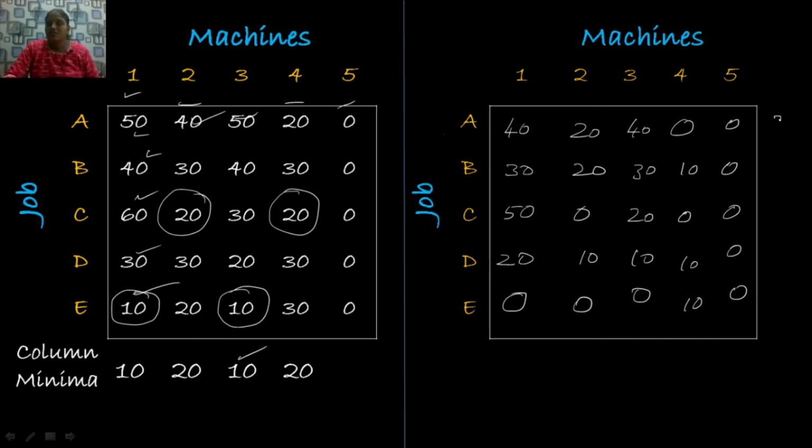First row has 2 zero elements, second row has only 1 zero element, third row has 3 zero elements, fourth row has only 1 zero element, and the last row has 4 zero elements. As we told already, we always give our first assignment for the row which has fewer zeros compared with the remaining. So we have to first give my first assignment either for the second row or fourth row, since these two have only 1 zero.